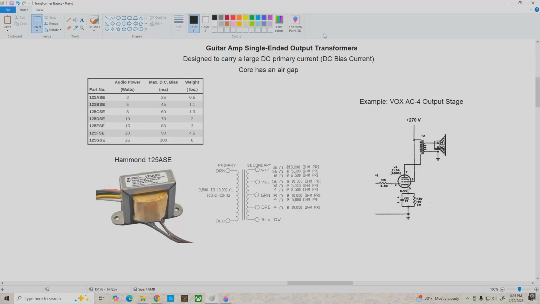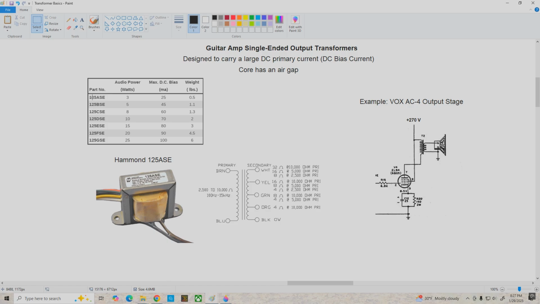Now remember, output transformers that are designed to be used with single-ended Class A amplifiers have to carry a large DC current in the primary, so they have an air gap. That means that typically they're going to be larger and heavier and more expensive than an equivalent output power non-air gap transformer. Now the example we're going to look at here is the Hammond 125A SE, and it's part of